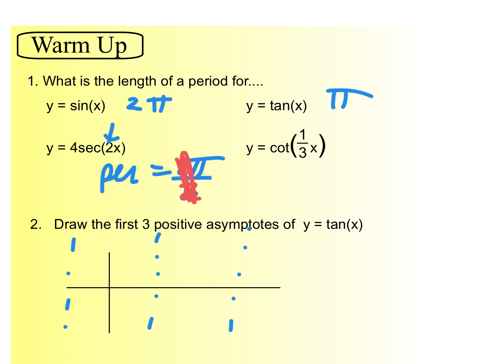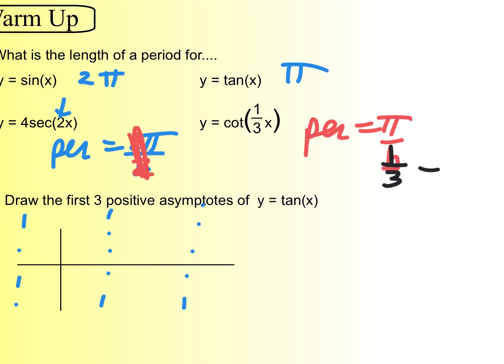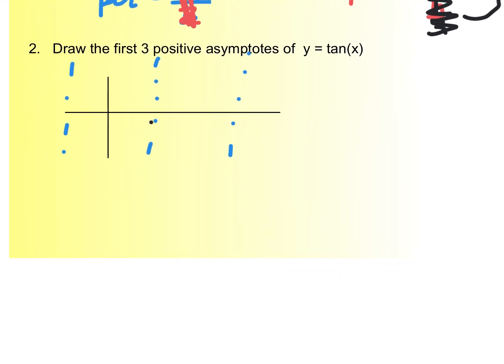Okay, and then this other one, it would have been 2 pi. Oh, wait, no, it's tangent. It would have been period is pi over b. Did you do that one right? I don't know the period, but the b I know. The b is 1/3, and dividing by a fraction is like flip it up here and multiply it by 3 over 1, and now it's 3 pi. How many of you had 3 pi for that one? Ooh, I didn't catch anybody. Nice. This one is pi over 2, and I get most people will have these two right, but this,